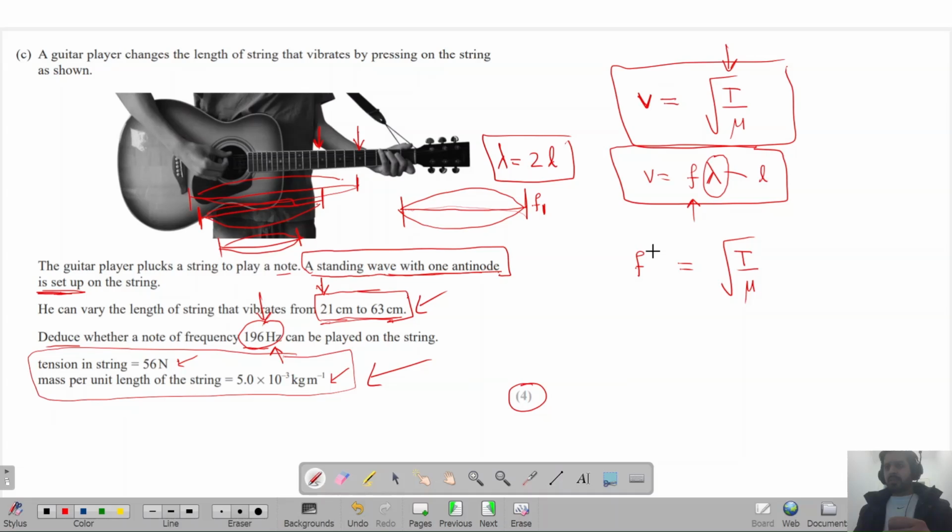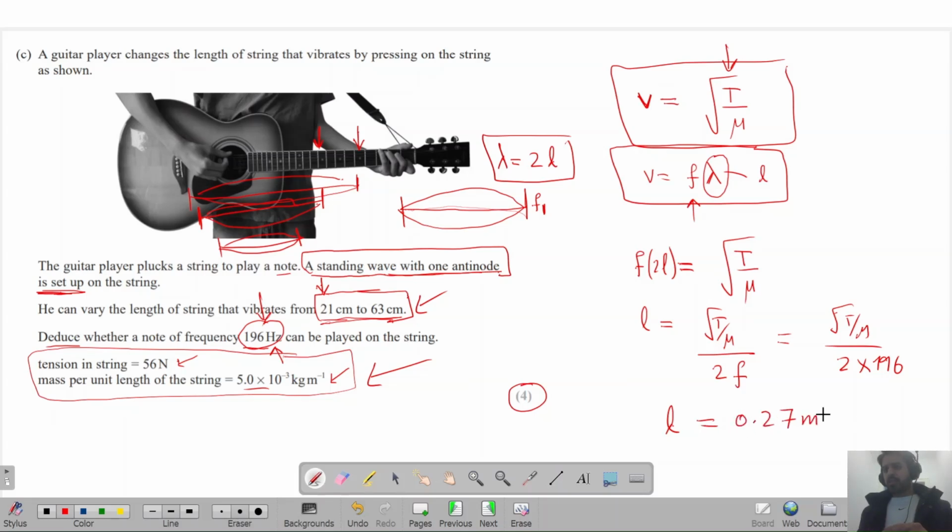So F times 2L must be equal to this. And now just rearrange for L. L will be the square root of T over mu, which is mass per unit length, divided by 2 times F. Now the frequency that we want to play is 196, so you just plug in all these values. Tension is given, 56 newtons, mass per unit length is also given, and you divide it by 2 times the frequency that you want to play, which is 196 hertz, and you will see that the length required to play this frequency will be